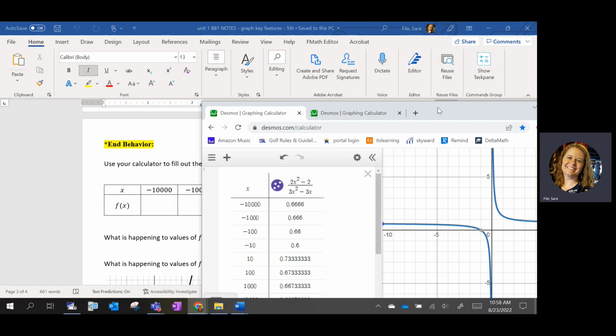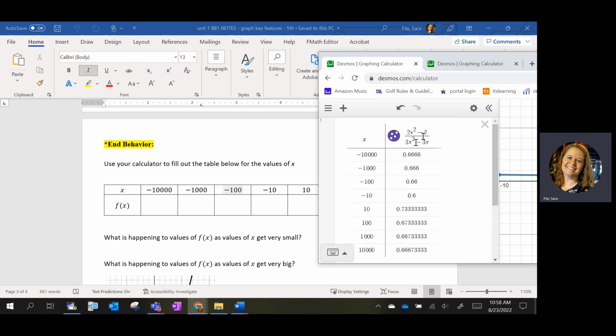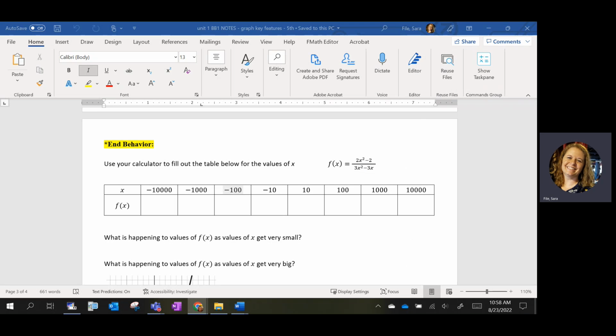So here in Desmos, I've put the function in a table with x and then f of x, and these are the values it comes out as. So I'm going to go ahead and fill those in on this table in the notes, and y'all can copy that down as well. Okay, so this, the negative 10,000 is